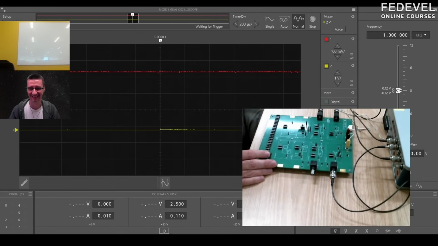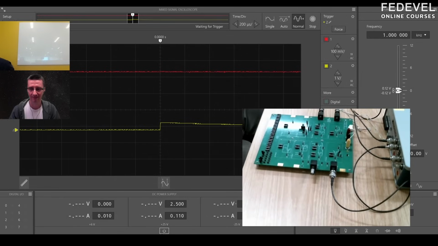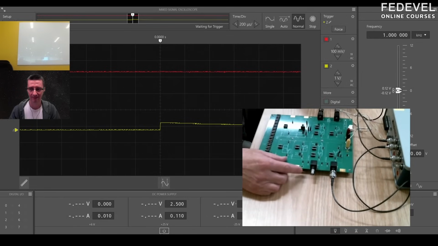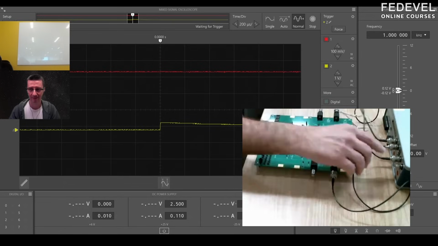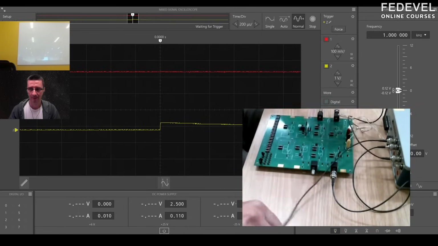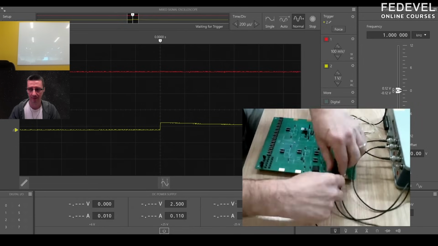So first, I'm going to connect the capacitive load without the isolation resistor. So the isolation resistor is shorted out. And I'm going to apply the signal on the input, but I'm going to look at the output signal on